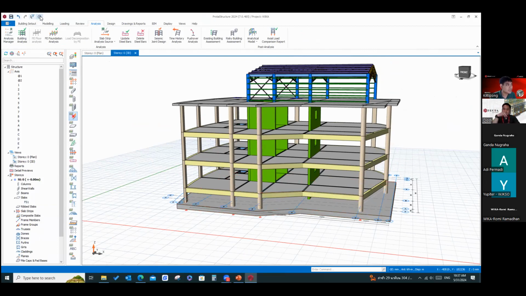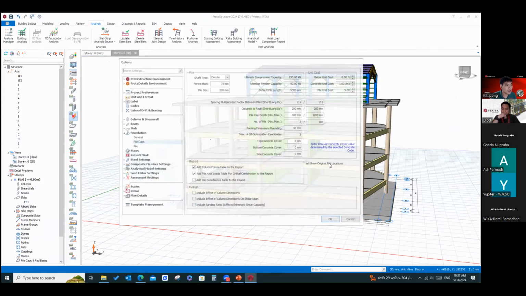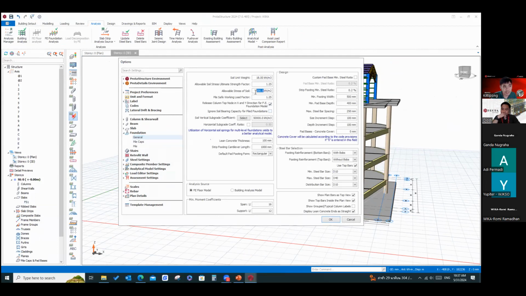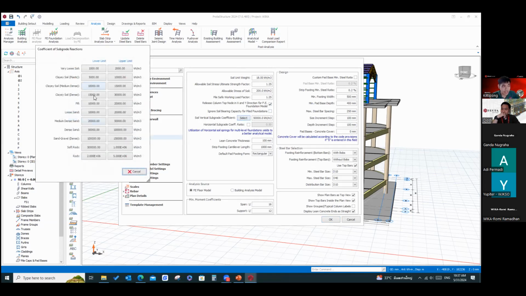So we just identify the state of the soil, the soil ultimate factor like this, and we use the soil subgrade coefficient for the type of the soil.